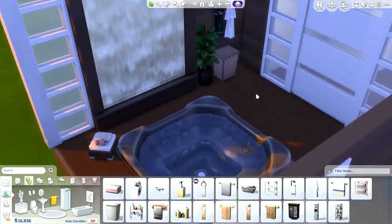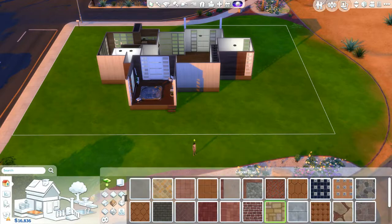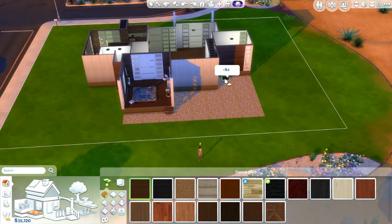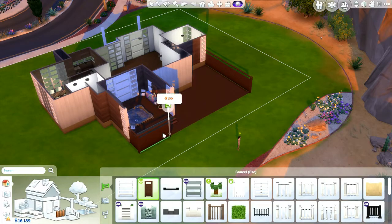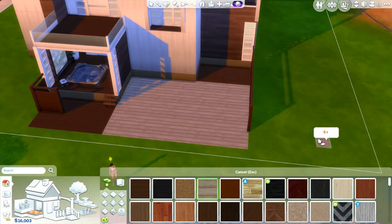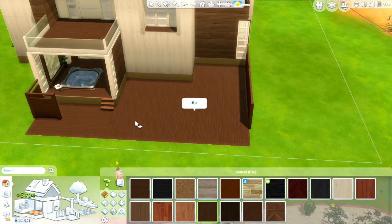So maybe if it's in your household, what I did was there were sims over at the house and I just made a group and selected get in together. So if it's a sim that you're actually controlling, it might work out better. But when I just invited sims to the hot tub, there were maybe 5 sims there and only 3 could get into the hot tub without getting